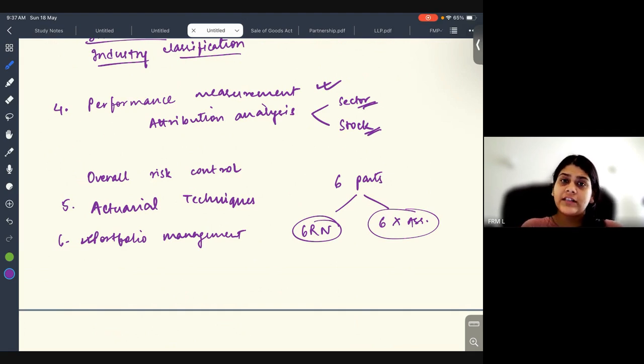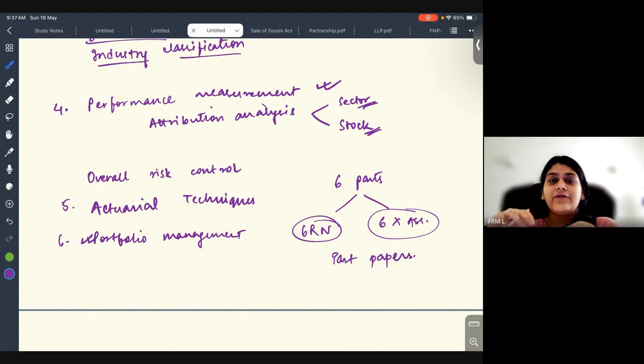So after the syllabus completion, we come to the X assignments. We solve some more past papers that are not covered in the revision notes. These past papers we do at the end of the curriculum because in the revision notes you'll be focusing on topic wise questions. Few papers we leave for the end so that your mind gets trained to switch from topic to topic, plus